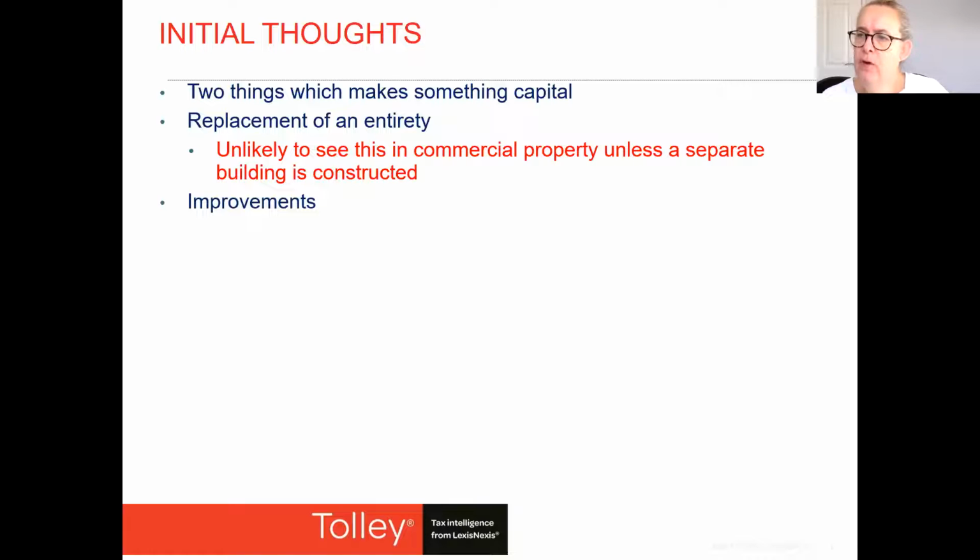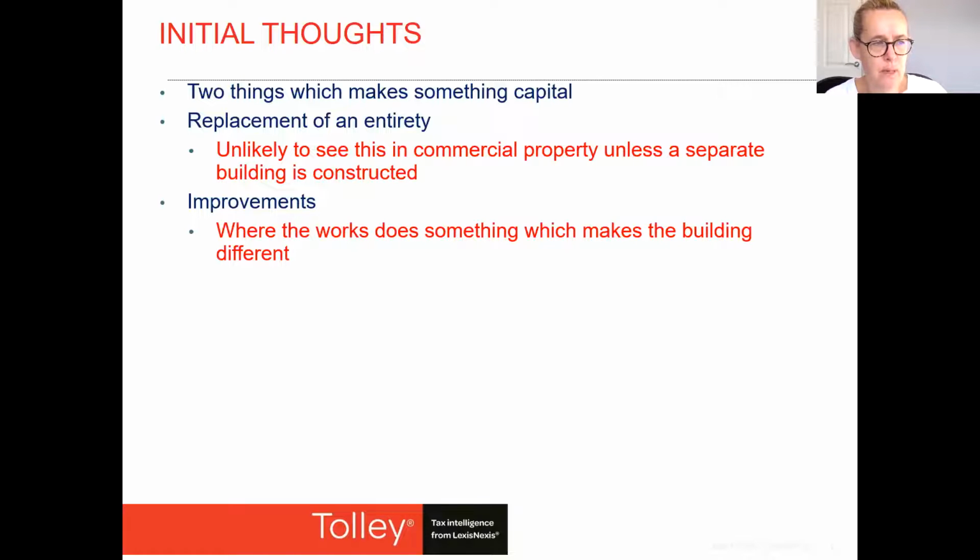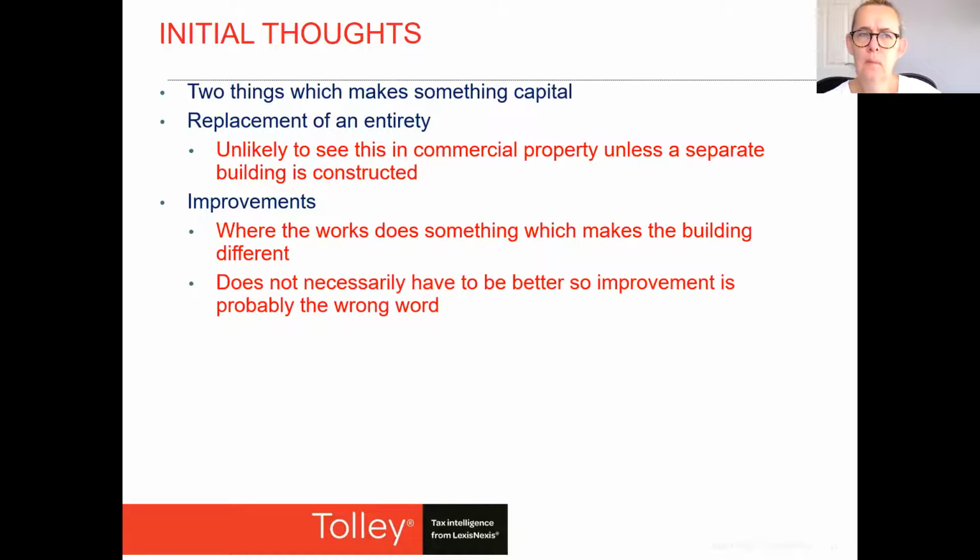But what we'd then be focusing on is whether there is an improvement, because the other thing that makes expenditure capital is where there is improvement. Something about the roof, something about what you are doing to the property makes the property different. Even though the terminology that we always use is improvement, I think it is important to remember that improvement is possibly not the right word to use in this context